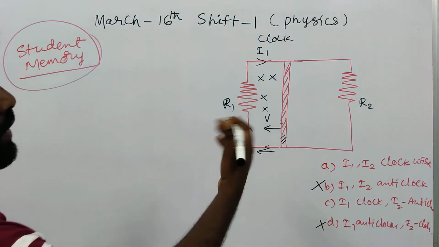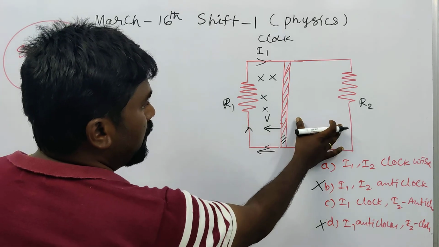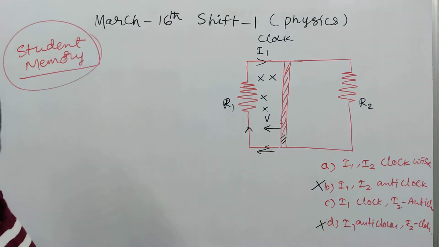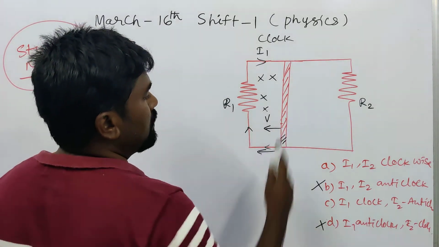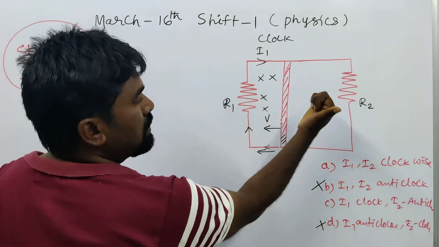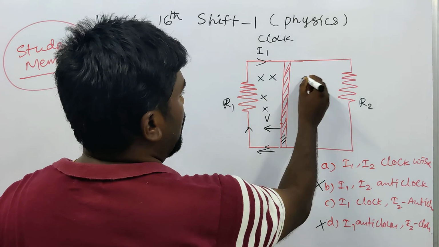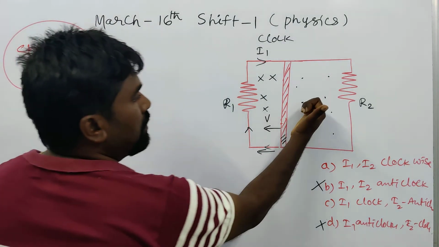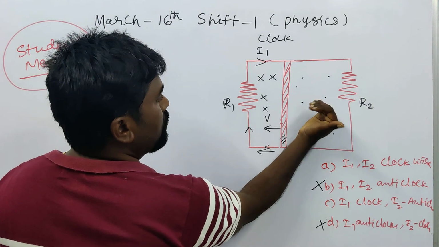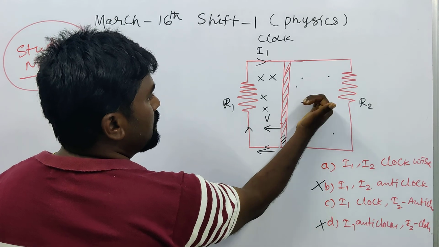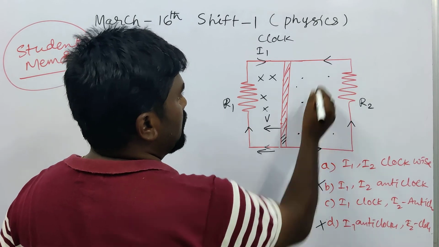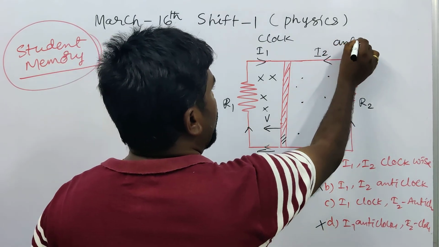Now whenever it moves at constant speed, this area increases. Due to the increase of the area, the flux also increases. For the flux increase, the induced field should come outside like this, the thumb is like this. So the direction of the current in this block is like this, right? So this is I2, in the anti-clockwise direction.